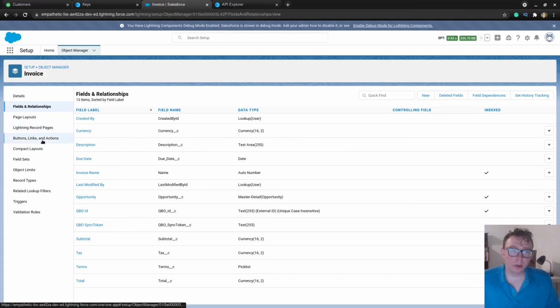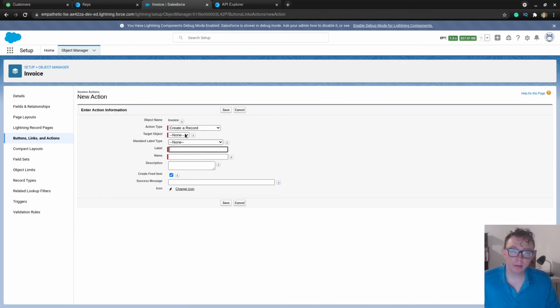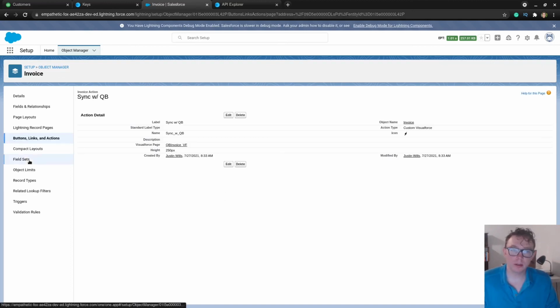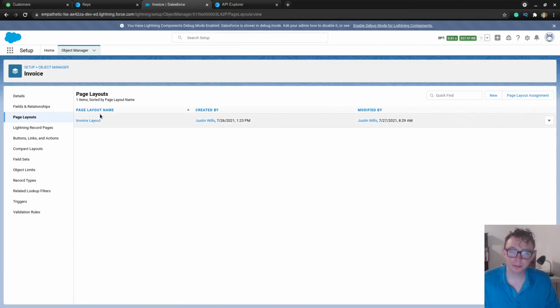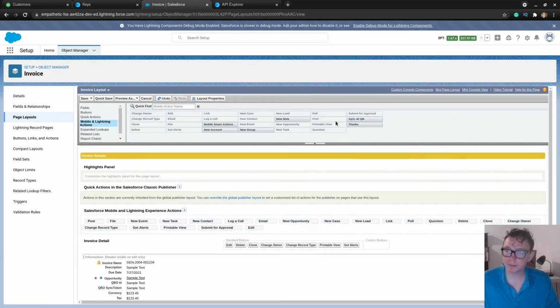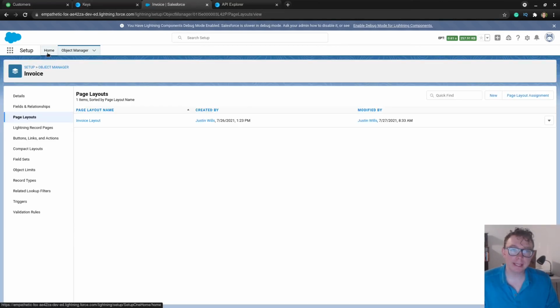And back in Salesforce, we're going to create an action, which is going to be a Visualforce page called Sync with QuickBooks, and add this to the page layout. And for one final time, we will go through the Sync with QuickBooks for the invoice. So I'm going to go ahead and save this, and if I go back to sales,